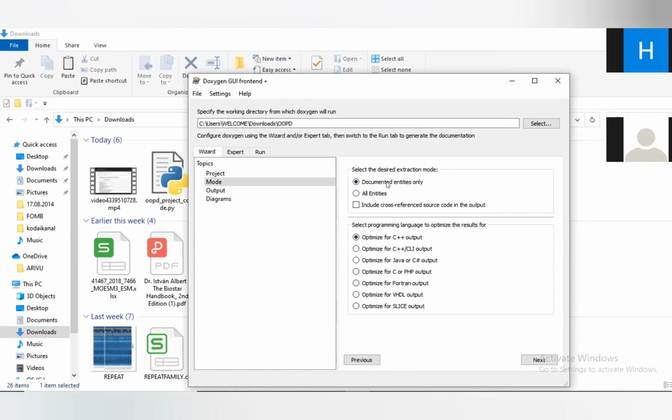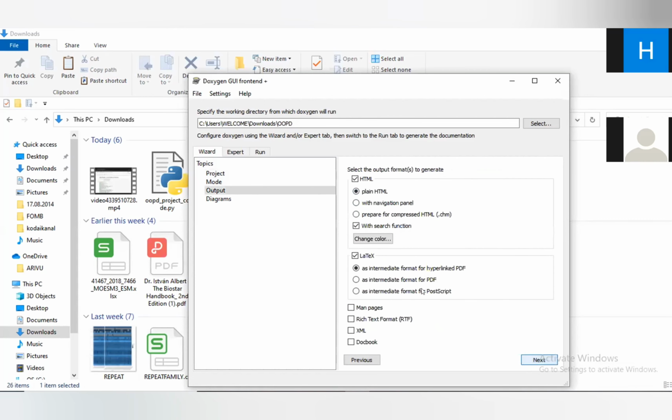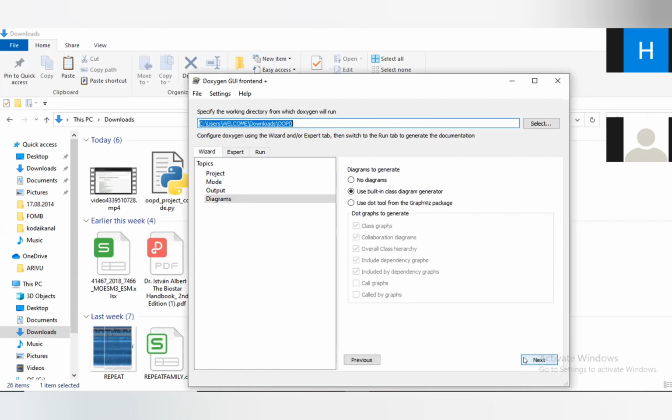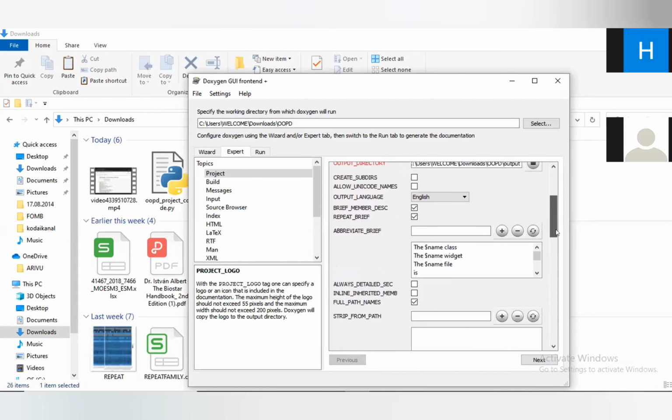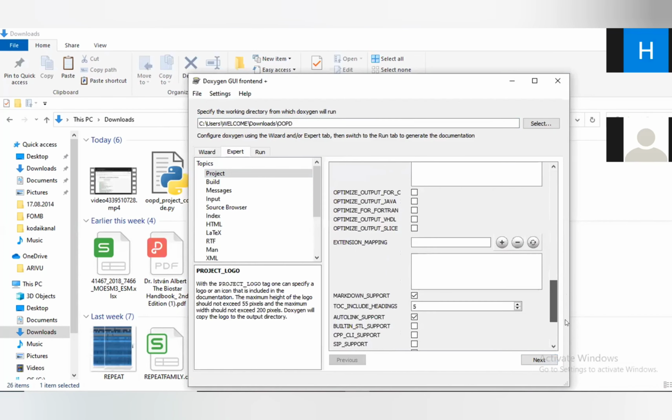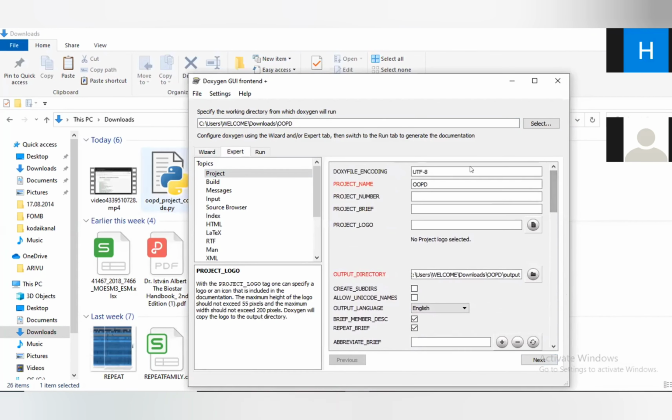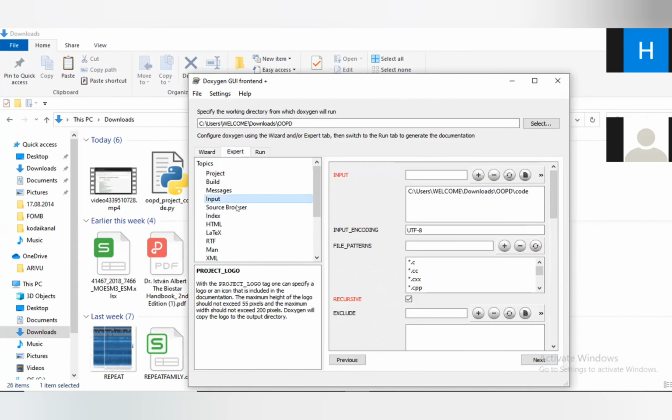For desired extraction mode, I am selecting all entities, and for output, I just need plain HTML, so I'm removing LaTeX from here. After that, I'm leaving the diagram as default. For export, there is nothing to do here.